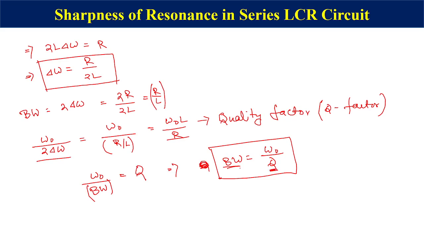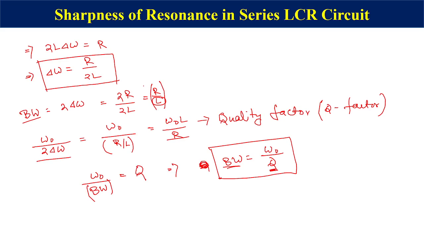So you need to design a series LCR circuit for which the quality factor is high or the bandwidth is low. How can you choose that? In order to make the bandwidth small, you have to choose a large value of the inductance as compared to the resistance. So resistance you have to keep small, and the coefficient of self inductance you have to increase, so that the bandwidth is less, and if the bandwidth is less, automatically the resonance in the circuit will be high. The larger the value of Q, the smaller is the bandwidth, and hence sharper is the resonance.